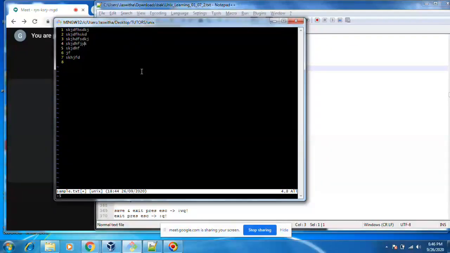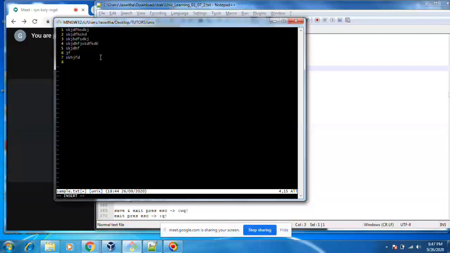Okay, I want to add some data at the end of the line. For appending, if you press insert, it will add data here. Or you can move with the left arrow, right arrow keys. Or if you want to append at the end, press escape, then A. The cursor will directly go to the end, and then you can add anything.